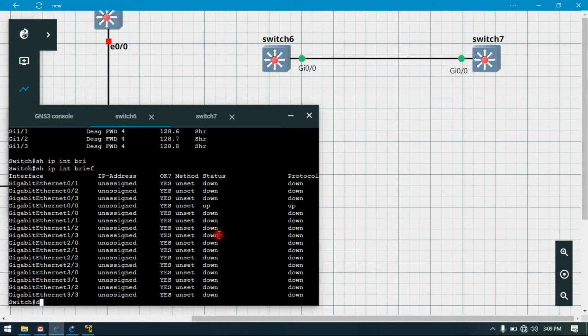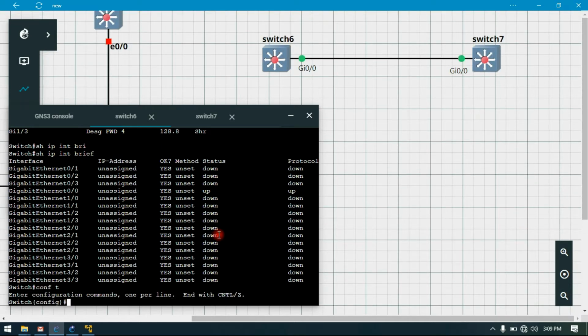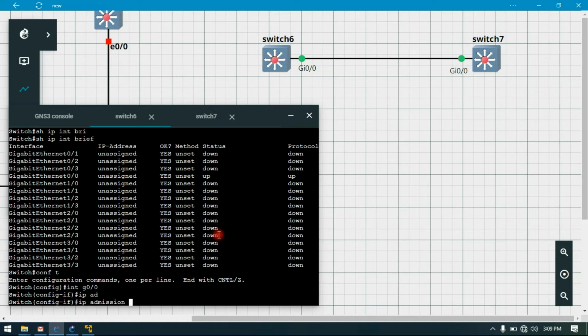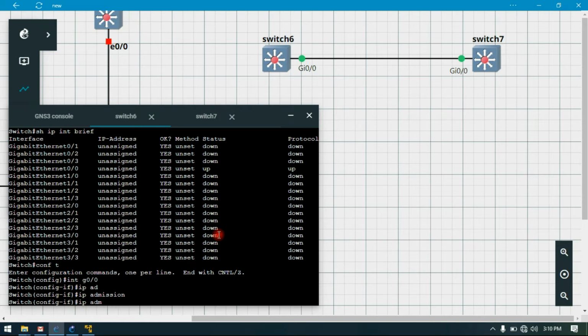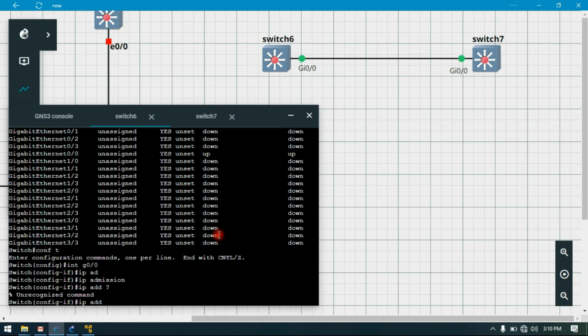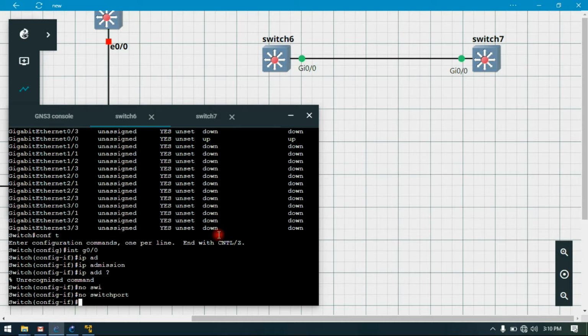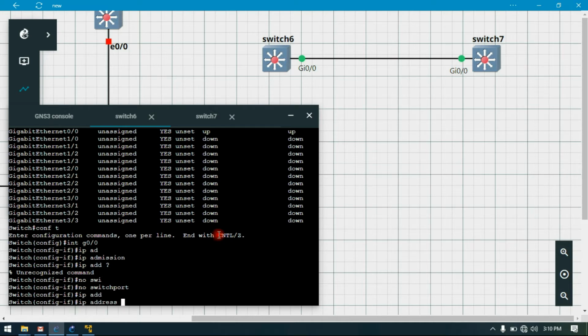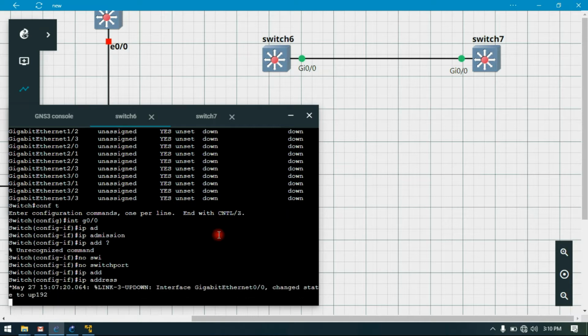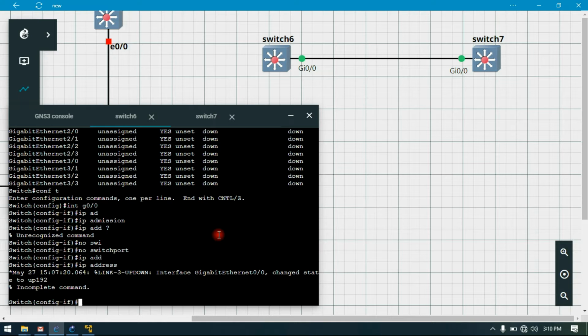or to act like a router? So I'll go to global configuration mode, and I'll go to interface gigabit 0/0, and notice I can't configure an IP address for this interface. The command is not recognized unless we disable switch port, which runs DTP, so no switchport. And at the moment I can configure an IP address for this interface, 192.168.1.1 255.255.255.0,